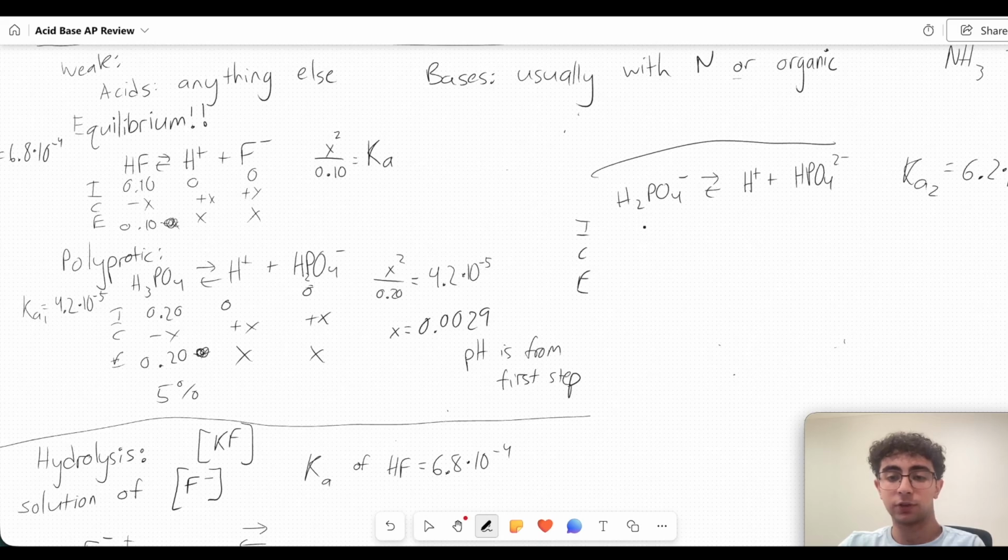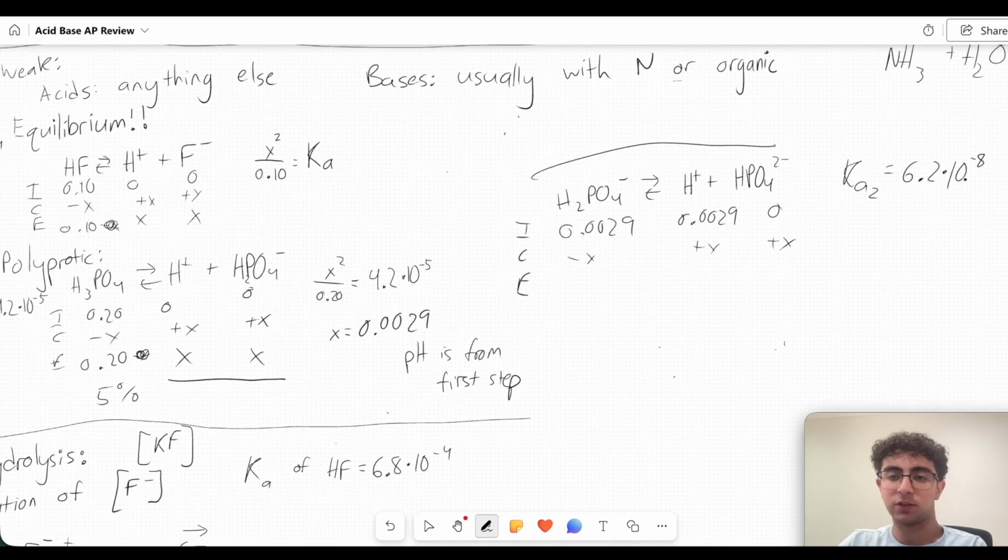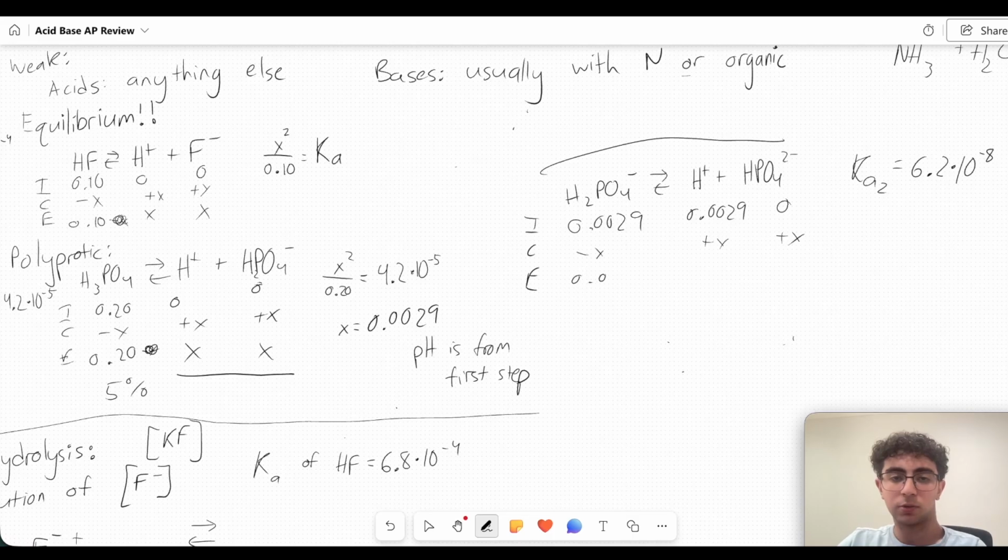But note that this is a common mistake. Our initial value for H2PO4- will be what we just solved, 0.0029. However, our H+ concentration will not be 0. It will also be 0.0029 because in our last ICE chart, both of these are x. So H+ and H2PO4- are both this value that we solved. This is 0. So we'll do minus x, plus x, plus x. Our minus and plus x's go away because our K value is 10 to the negative 8. So this is going to be 0.0029,